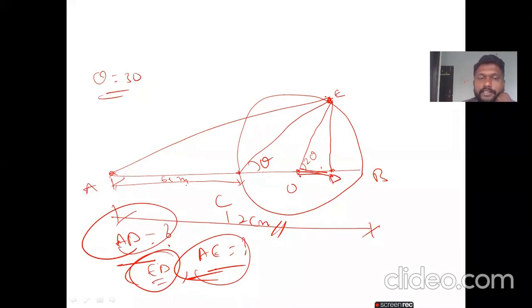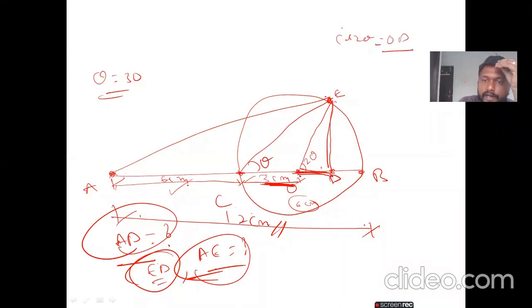Why I am saying is, it is a 6 and a 6. This is a 6. It is 3 centimeters. Why? Because from here to here is 6 and from here to here is 12. So what happens? The remaining from C point to B point may be 6 centimeters. Now C to O is 3 centimeters. 6 plus 3. Now we need only this portion. That is, cos 2 theta equal to OD by OE. Please calculate this and tell me the answer.